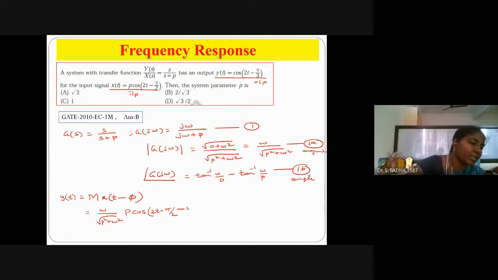If you have an idea, you can try and check whether I am getting the correct answer. Now this is minus phi I have tried. Okay, phi is nothing but, I will calculate the phi value here itself, because again if I put tan inverse over here it will be a lot of confusing.